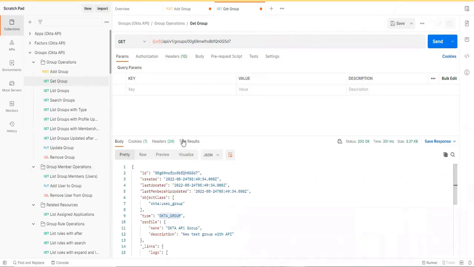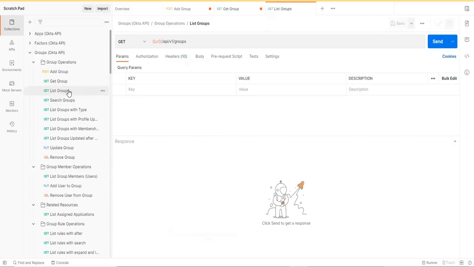Now, as I said, we have created a group and we need to get the information in the group. You can go ahead and use this group option. And let's say you want to list all the groups available. You can use this API.